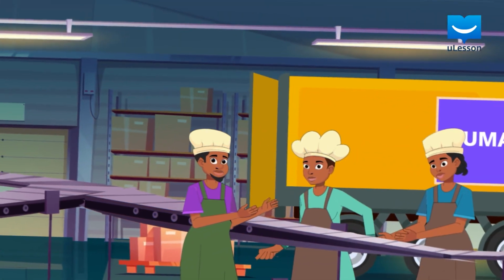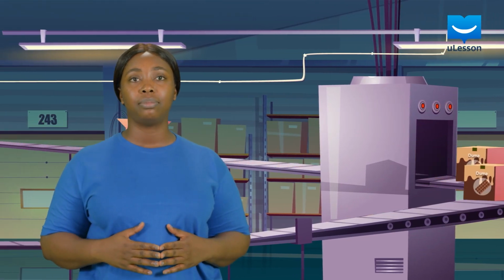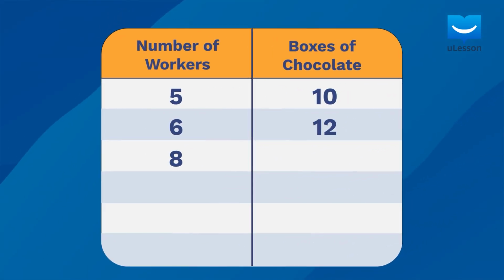Now, he soon finds out that this wasn't enough. The market demand increased yet again. Now, he has to hire 2 more workers in order to efficiently supply the market. With the addition of these 2 new staff, Duma can comfortably produce and supply the market 20 boxes of chocolate